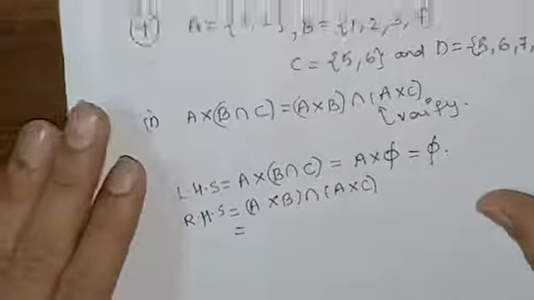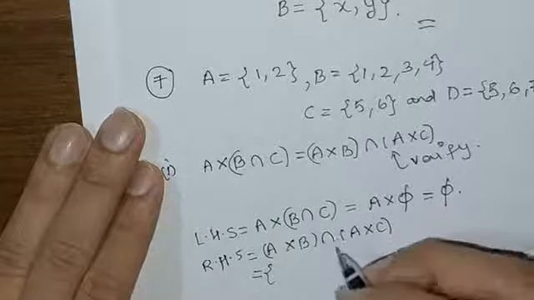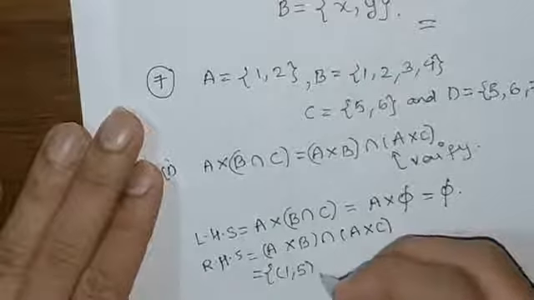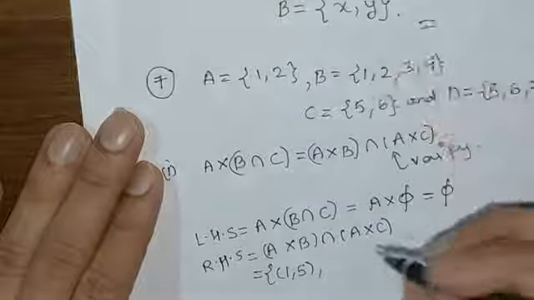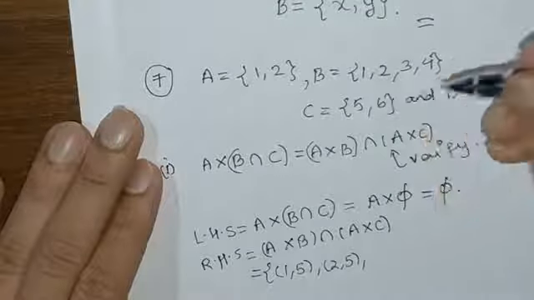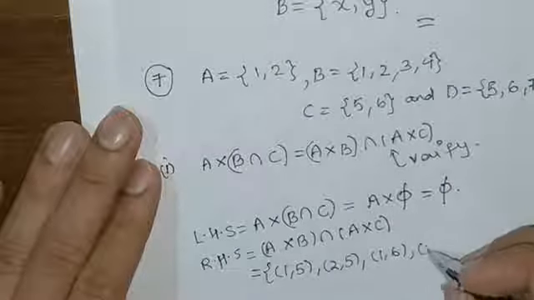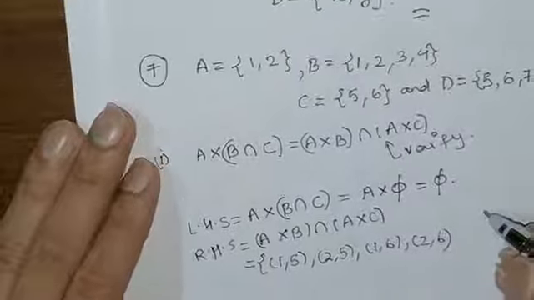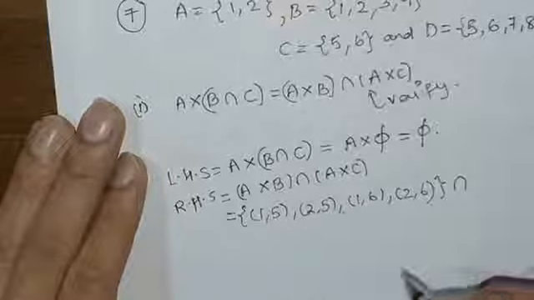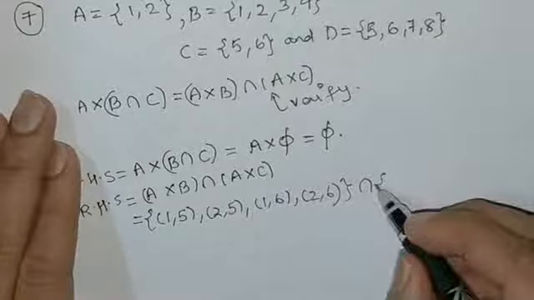A cross B will be the set {1, 5}, {2, 5}, {1, 6}, {2, 6}. Intersection A cross C will be the set